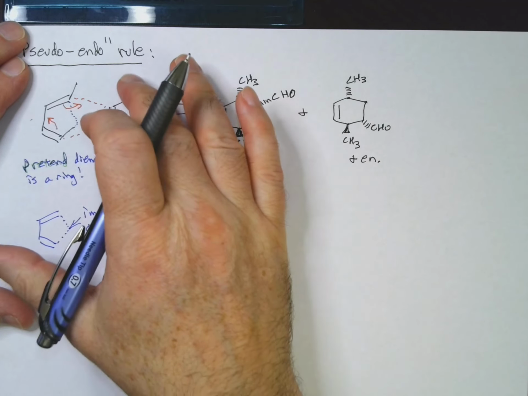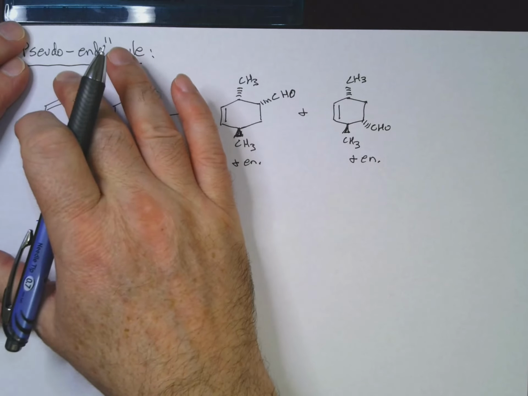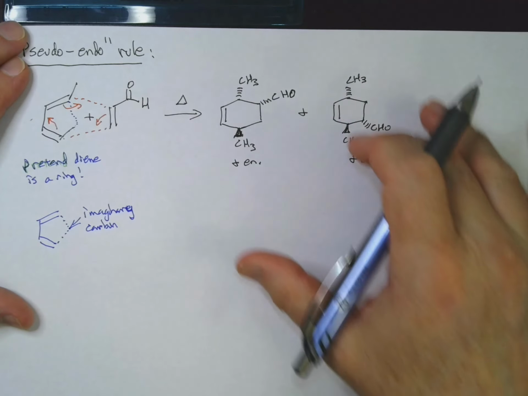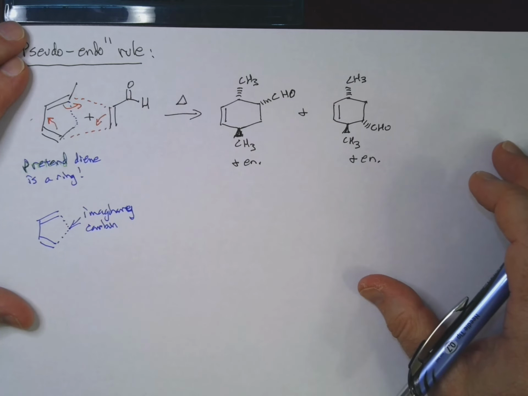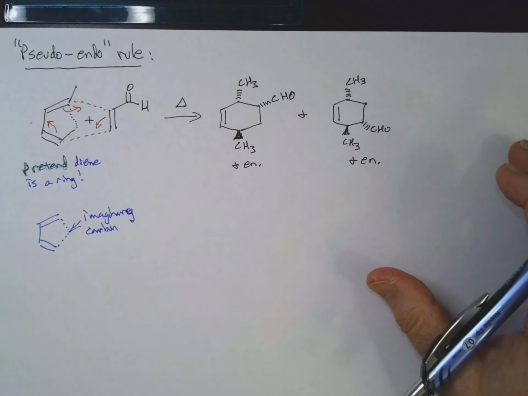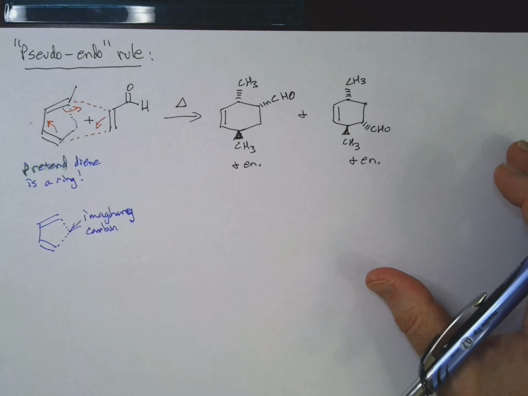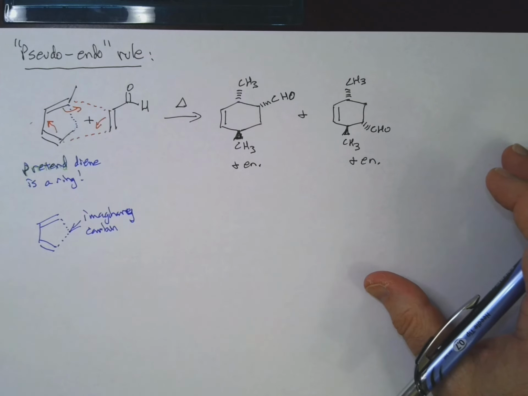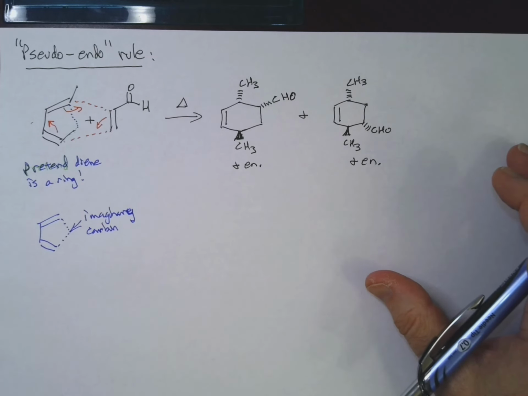And, for example, my electron withdrawing group and that methyl group are going to be cis to each other regardless of the orientation. Okay, so that's the stereochemistry. We maintain cis or trans from the dienophile, that's maintained in the product. And then we also have to follow the endo rule